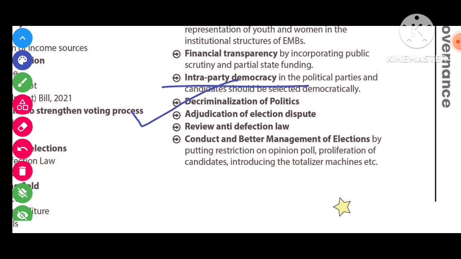Here, on intra-party democracy, there are two types of